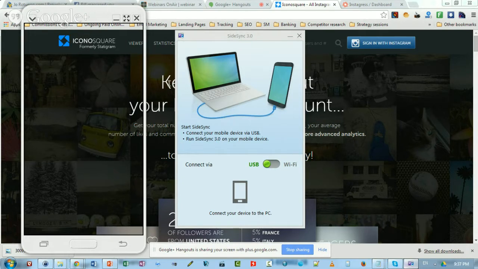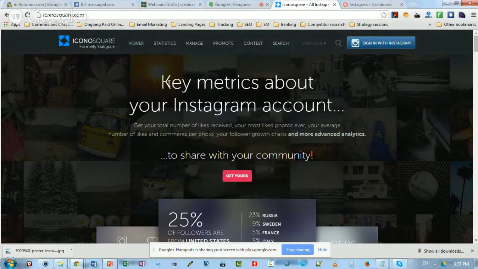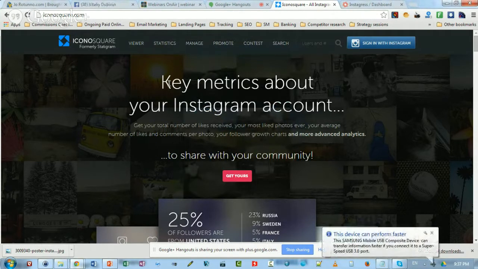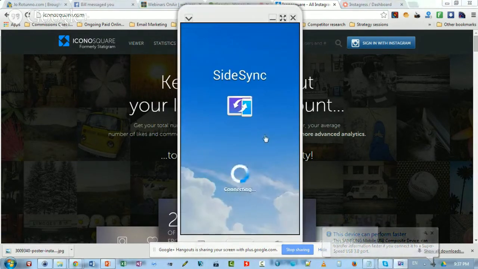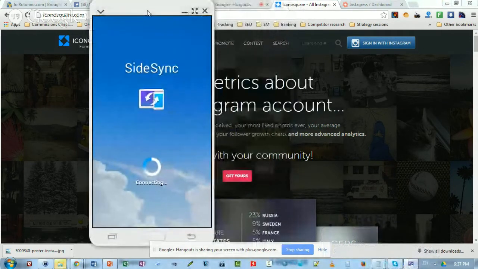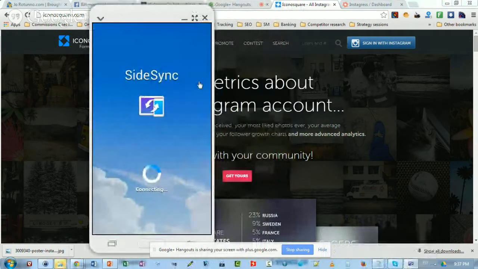Okay, let's try again. In the meanwhile, if you have any questions, think about them and type them in the chat box, and I'm going to take a look at them in just a moment. It seems like it's going to reconnect right now.